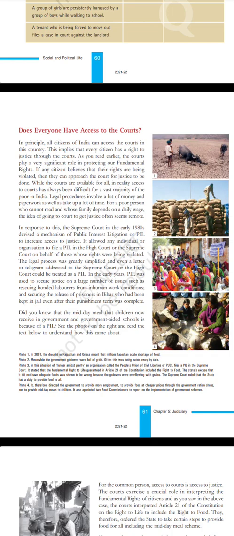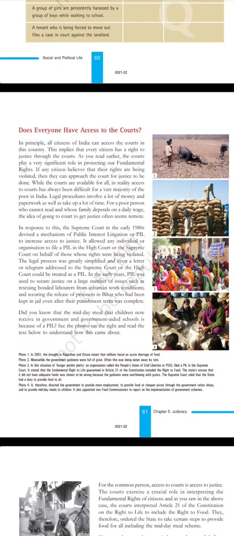Photo 1. In 2001, the drought in Rajasthan and Orissa meant that millions faced an acute shortage of food. Photo number 2. Meanwhile, the government godowns were full of grain. Often this was being eaten away by rats. Photo 3. In the situation of hunger amidst plenty, an organization called the People's Union of Civil